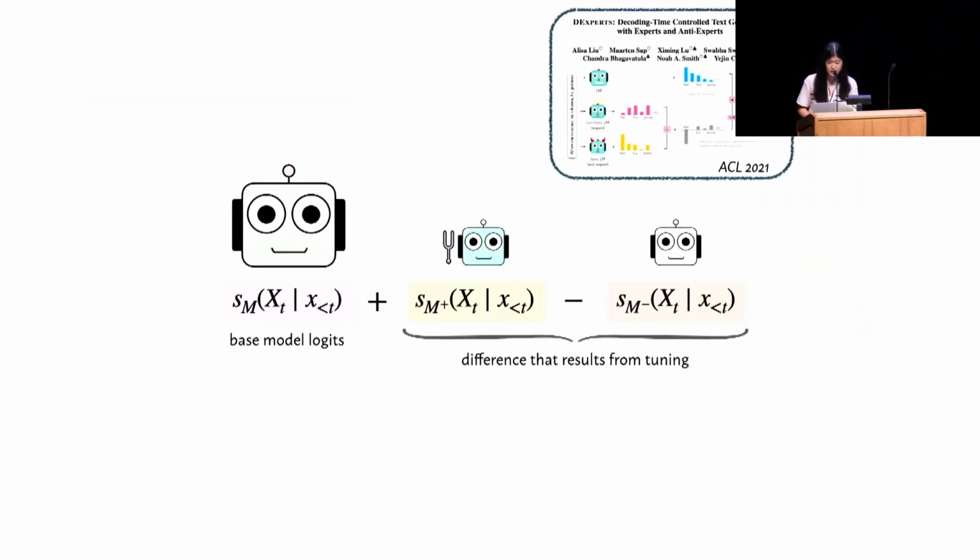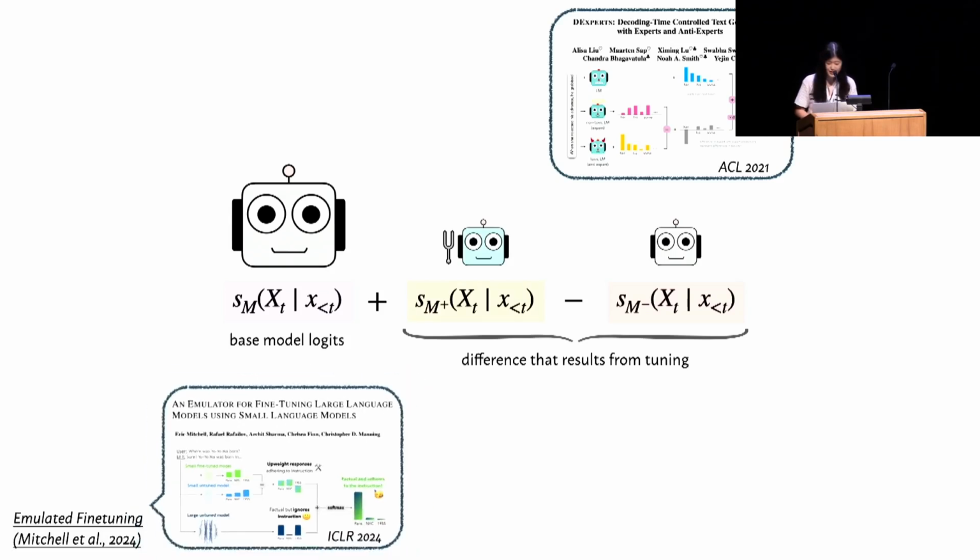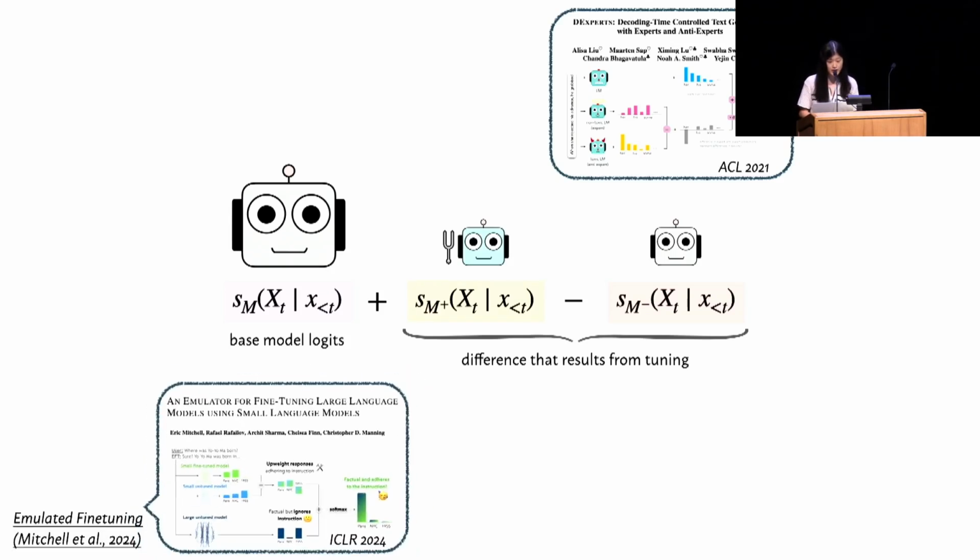In fact, the method is not new. It's a direct application of decoding-time experts from our prior work from 2021, where the goal back then was much simpler. We wanted to do stylistic control, such as steering toward positive sentiment. Here, we essentially find that it can also be used to achieve fine-tuning. In addition, concurrent work proposed the same equation as proxy tuning in order to disentangle the relative effects of pre-training scale versus fine-tuning scale. Please also check out their work, which includes a great theoretical motivation for the approach as well.